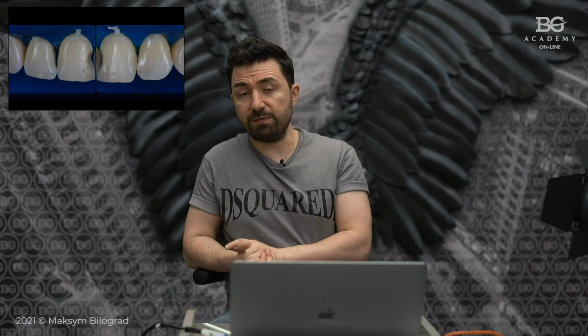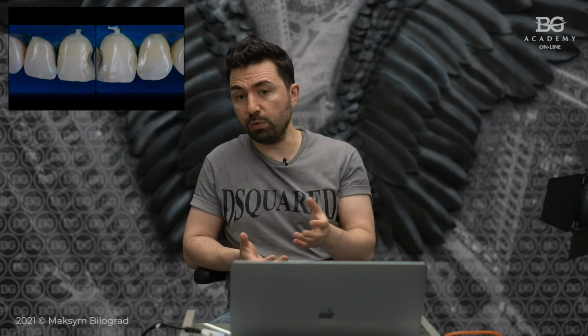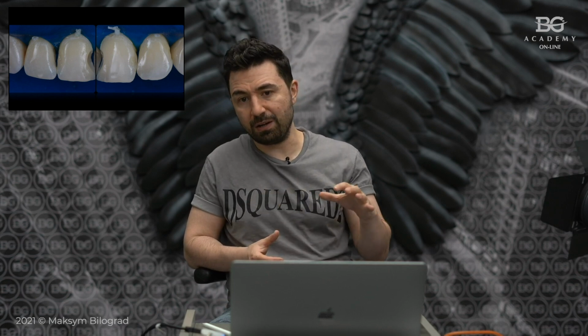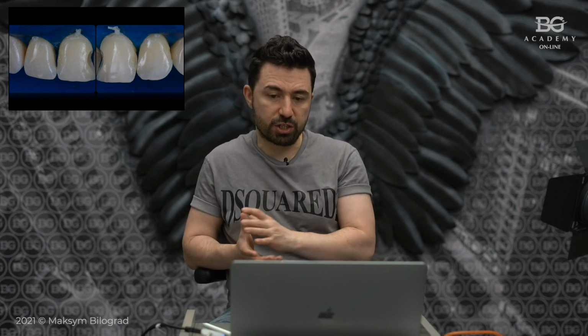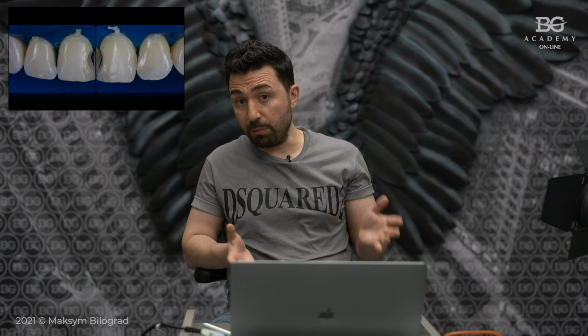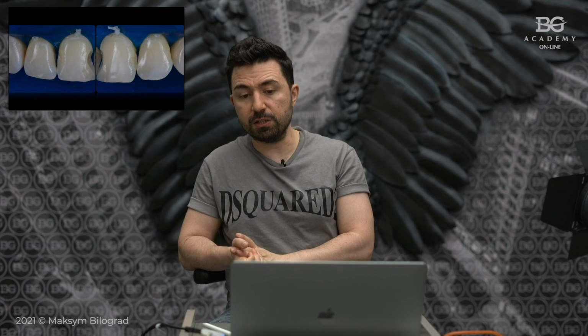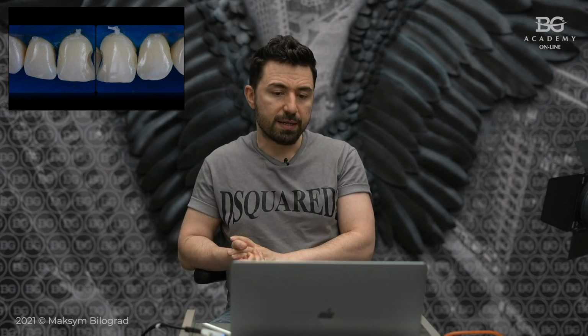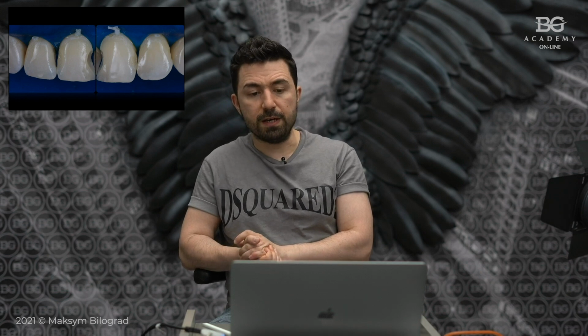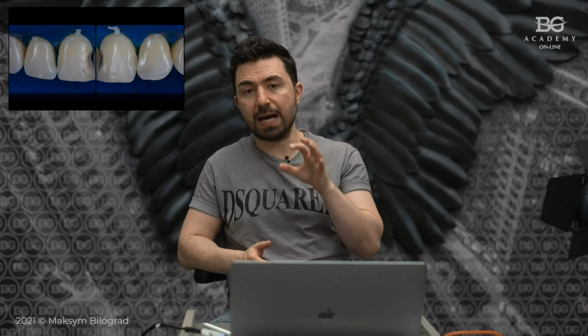Or on the other hand, if we apply too much enamel, our restoration will turn to gray scale, to gray. It will be grayish, but we used enamel and dentin of the same shade as the tooth. So the most important thing is not to define the proper shade. The most important component is to determine the opacity type and to match the opacity type of the tooth with our